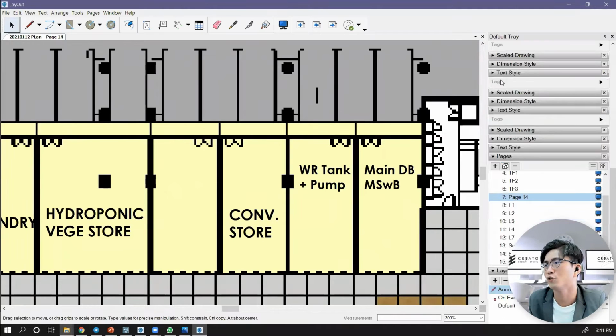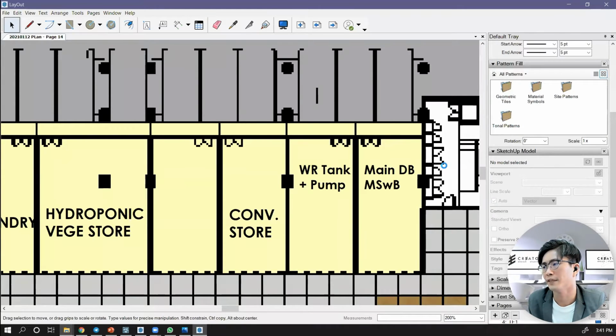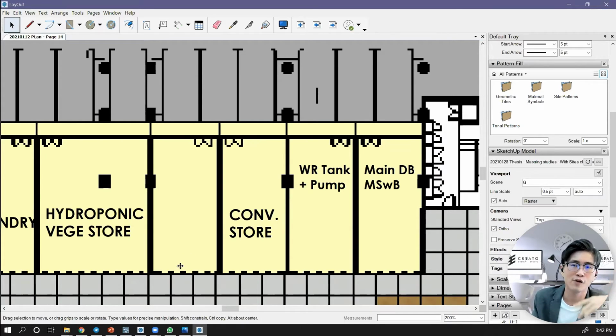It's normal because I go to the model and set it to a fast mode, smooth mode, which will not load it so much. It will make it smoother. So pixelated is normal here, but when exported, it is high resolution. So at least it has 2 line widths. One is the cut profile, another one is the normal line. So if you want to add the 3rd line width also can, you sketch a little bit in layout lah. In layout you have all the line tools, right? Okay, so hope it helps, Felix.